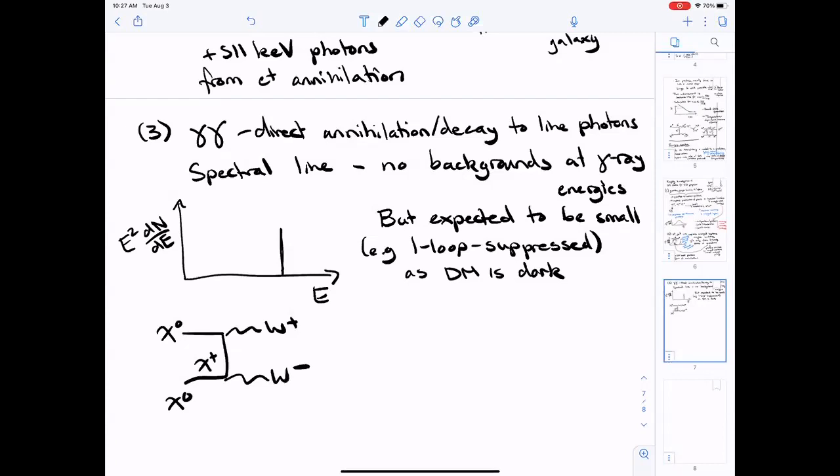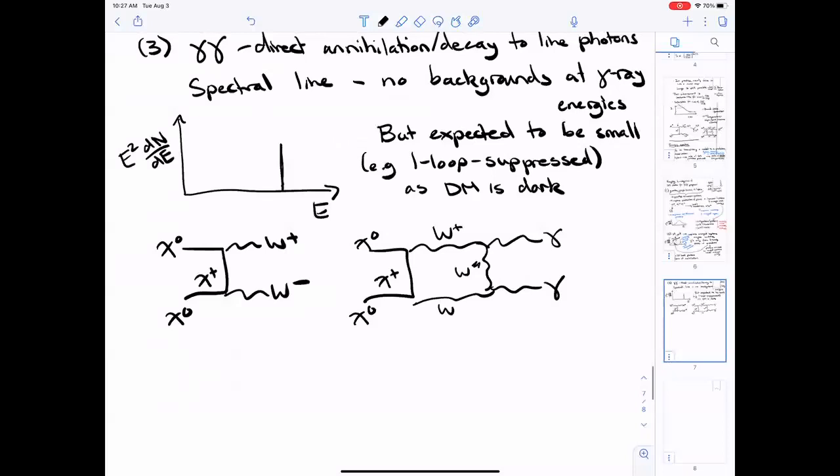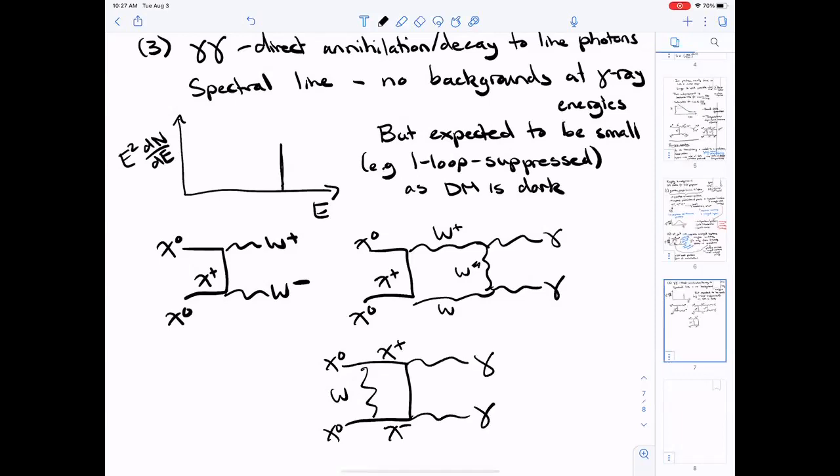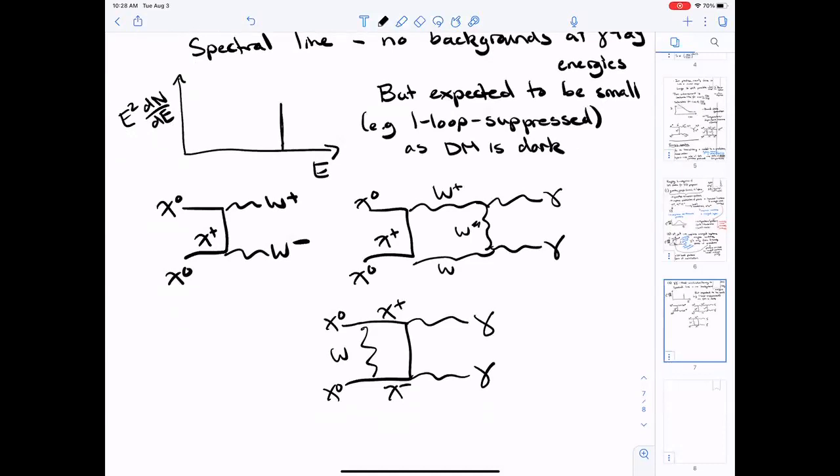annihilation mode. But we could have a suppressed annihilation mode. Let's say in this case, I could close the loop of W bosons around here and have two photons come out, or I could instead have the chi naught radiate a W here, have this be chi plus and chi minus, and then because this is a charged particle, it can go to photons. So I just need the dark matter to talk to something that is charged, which can be a standard model particle or a dark sector particle, and then I can make a loop that radiates off photons.